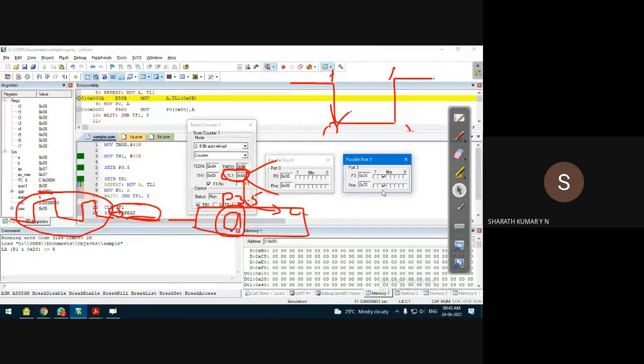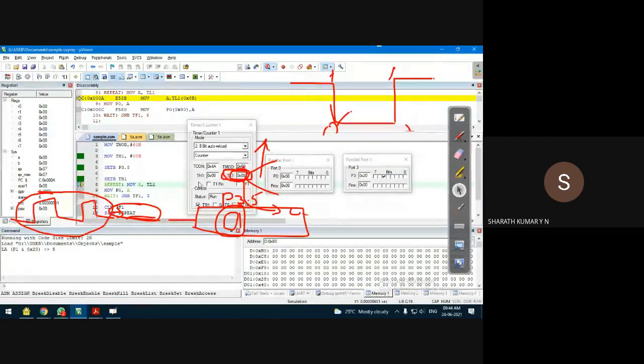Only if this pin is on, when you toggle this, you can notice that the count is incrementing in the upward direction. Incrementing means upward direction. The count is incrementing, continuously running. Let us say, for example, I'll stop giving the external clock pulse and continue the execution of the program, F11 on my keyboard.